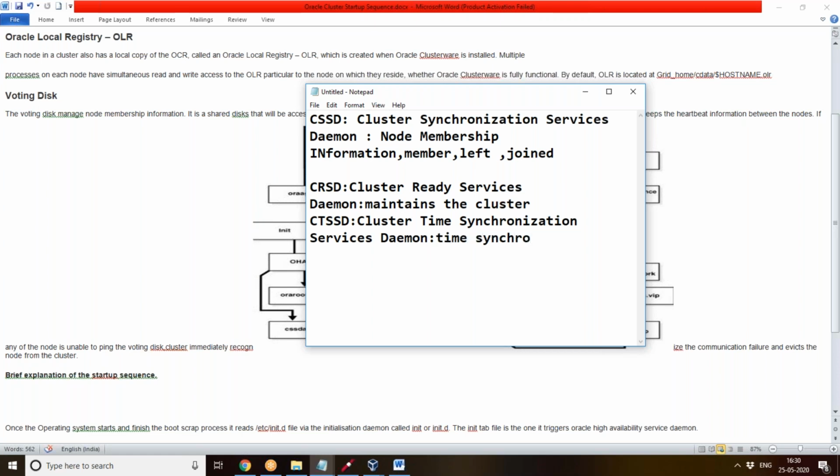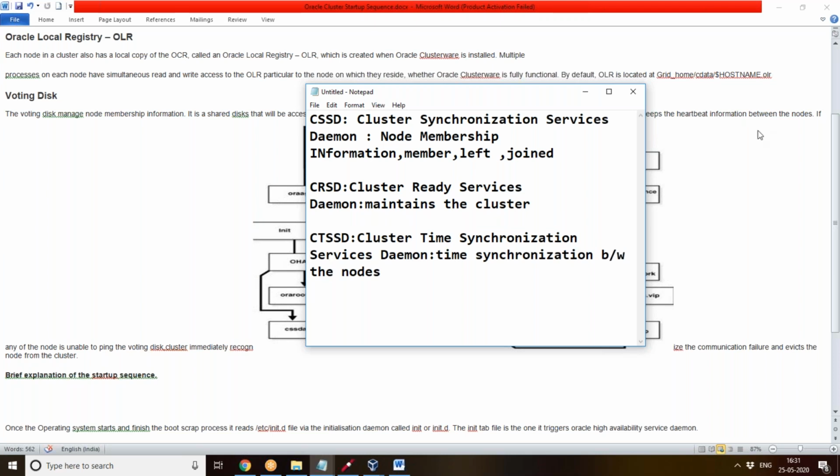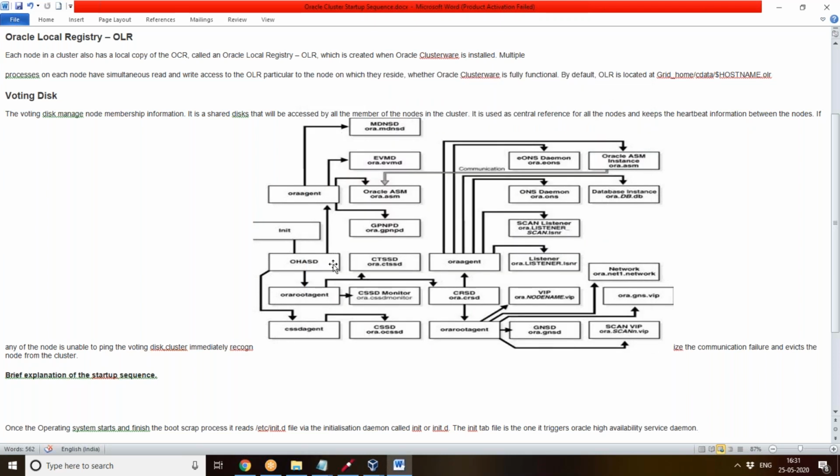CTSSD is the daemon process which is used to check the time synchronization between the nodes. So these are the CSSD and CTSSD.